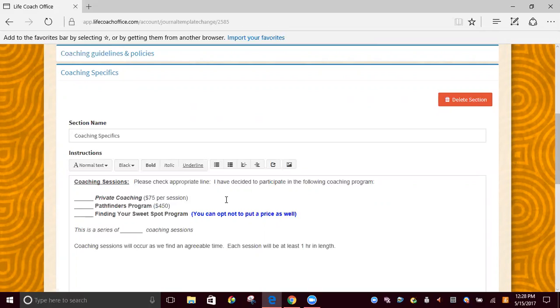You would just make note of that in your email, and we'll talk about that in a few minutes. So here are the things that you offer. And as you can see, what I highlighted in blue, you can opt not to put a price as well. You could just put what the programs are that you're offering. And then if you would like, you could say this is a series of blank number of coaching sessions. Coaching sessions will occur as we find an agreeable time, and each session will be at least an hour in